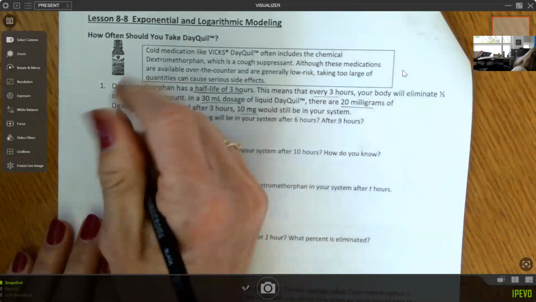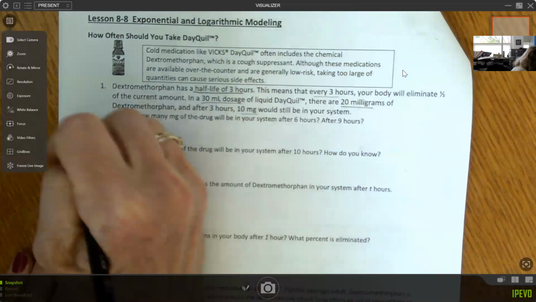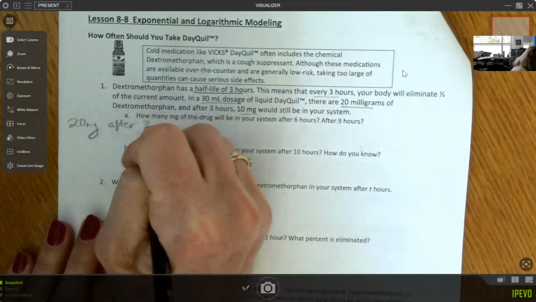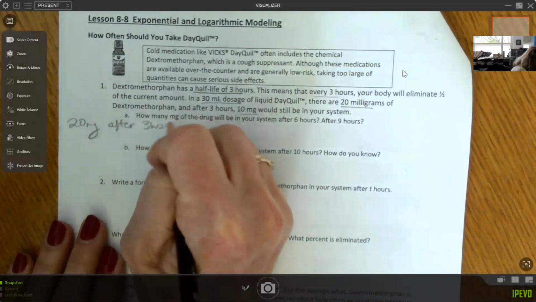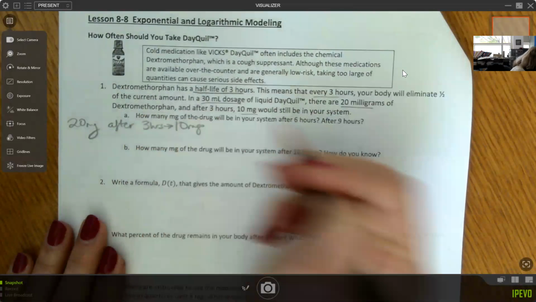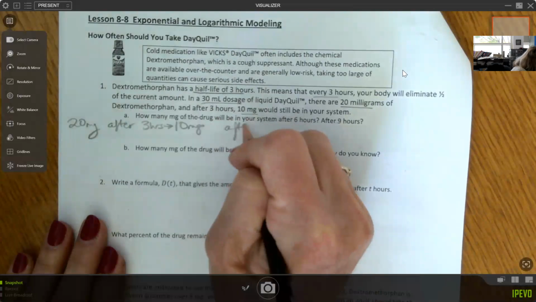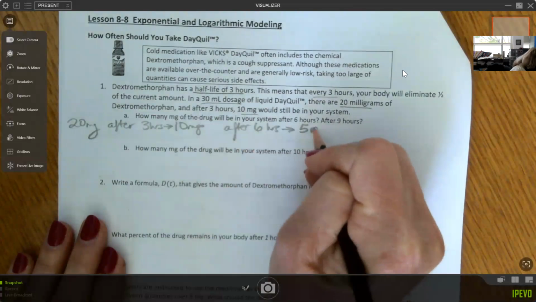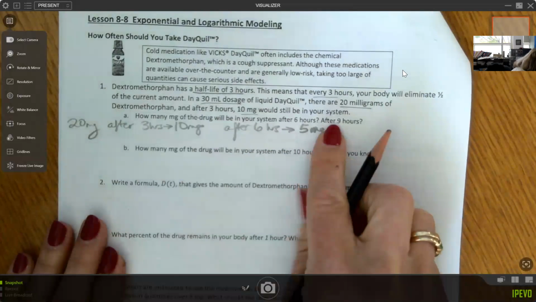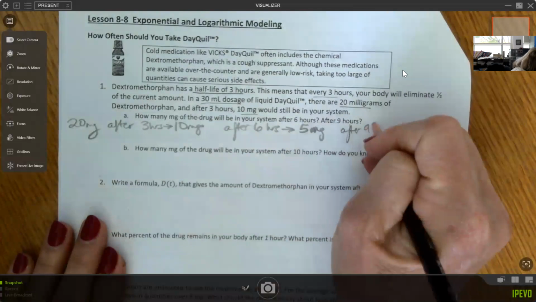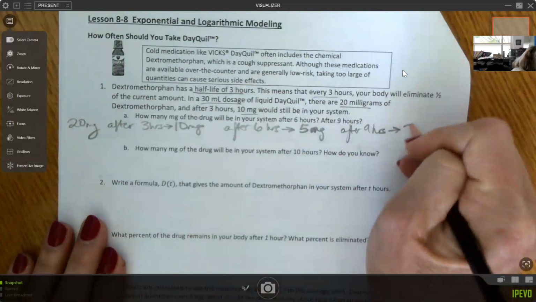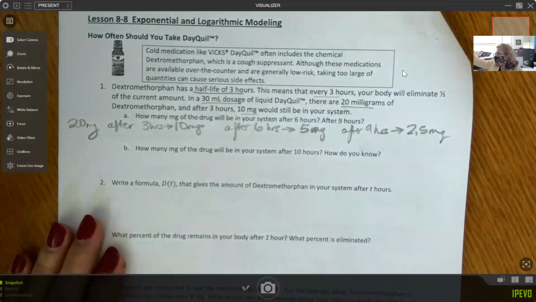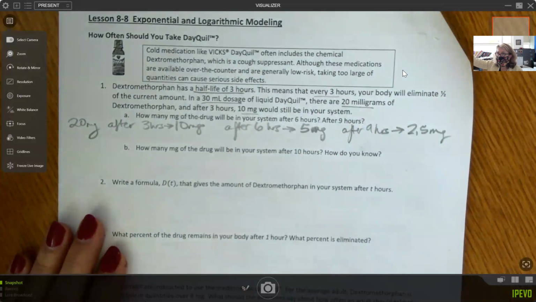So here, if you write it out. So we started with 20 milligrams, right? And after 3 hours, you had 10 milligrams. So then another 3 hours went by. So after 6 hours, now you had 5 milligrams. So then after 9 hours, you had 2.5 milligrams. So hopefully most people had time to read the story and do this first part before we did. Okay,